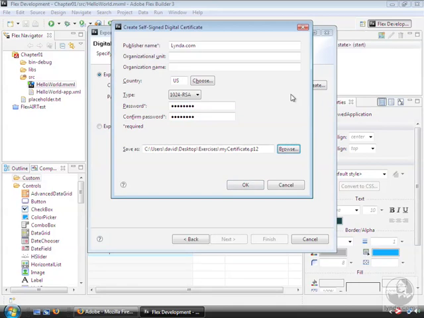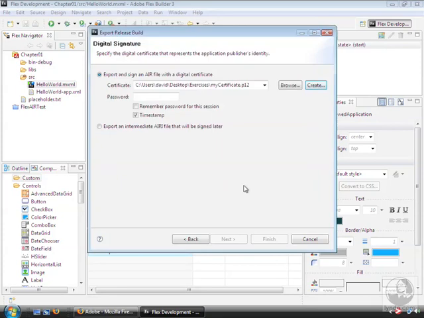Click Save, and that will take you back to the digital certificate creation screen, and click OK to create the certificate file. Next, enter the password. You may find that the password is entered automatically for you, but if it isn't, just type it in. And you can check this option, Remember Password for this session, and that will cause the password to always be there whenever you use the certificate again during the current FlexBuilder session. Click Next,